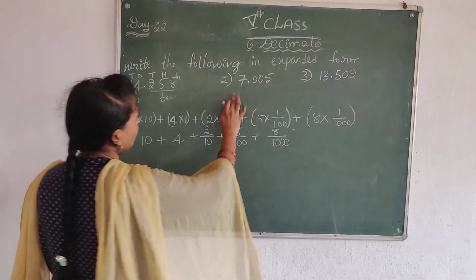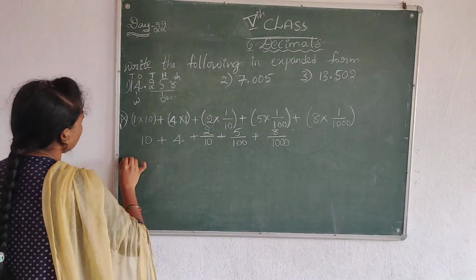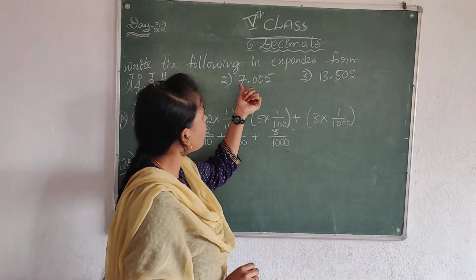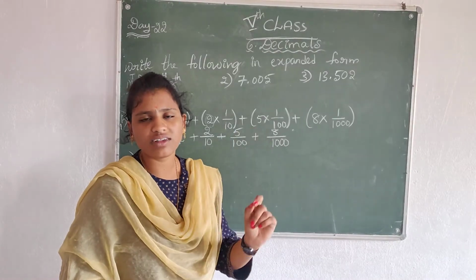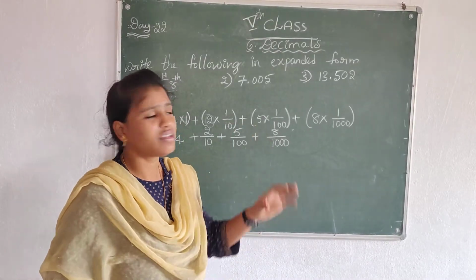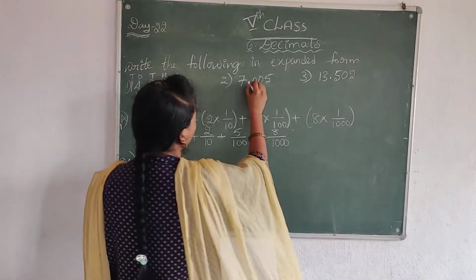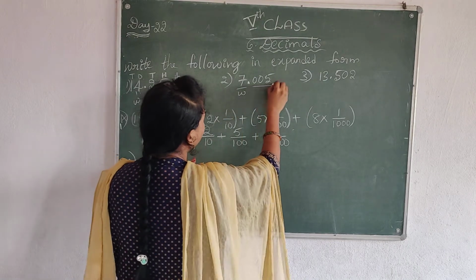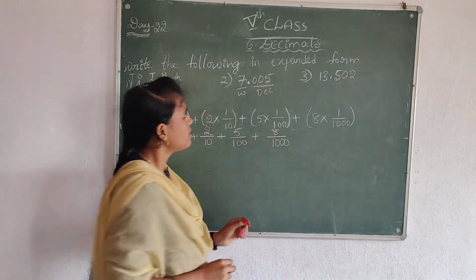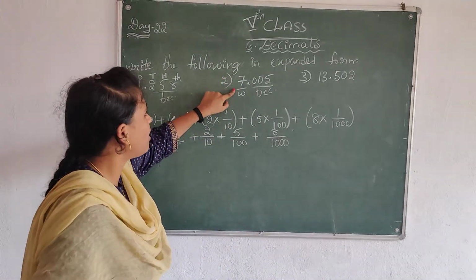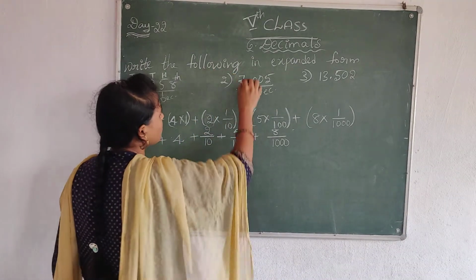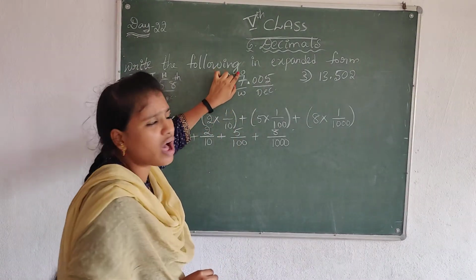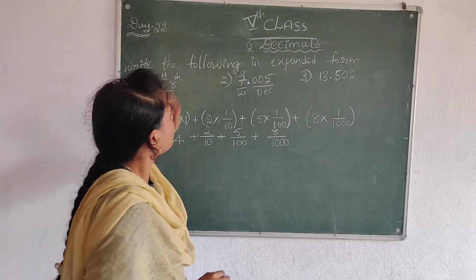Okay. Let's see the second one. This is about the first answer. Let's see the second answer. Here we have a whole number and decimal values also. First, you have to find out the decimal values and the whole number. Point left side numbers are whole numbers. Point right side numbers are decimal values. So you have to write the whole number place values. Here we have only one digit, that's why I gave here ones, that is O.